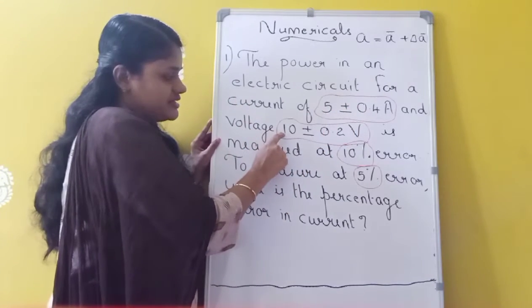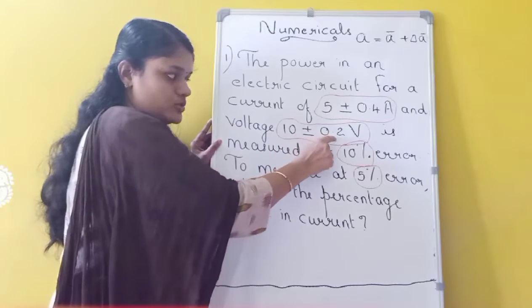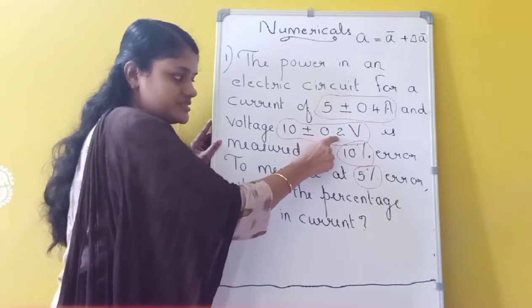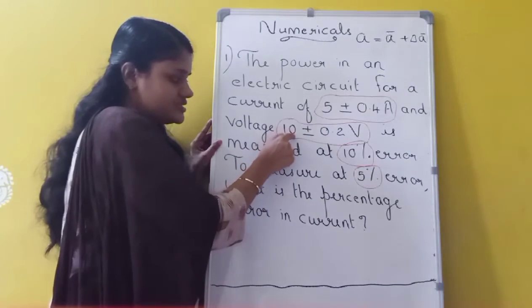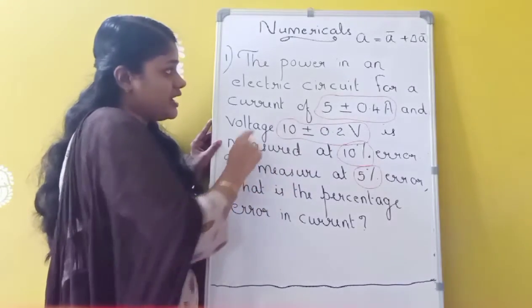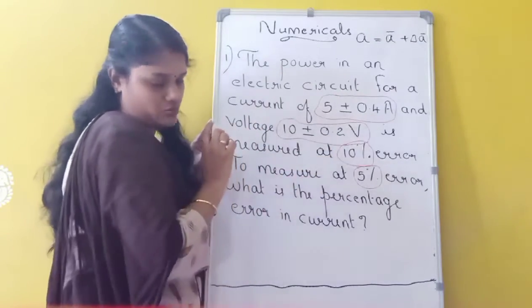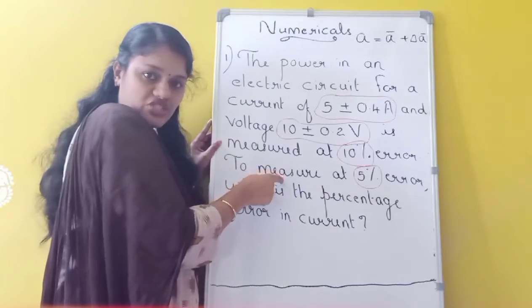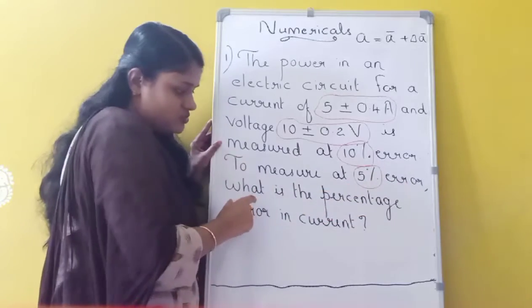Then voltage is given here as 10. 10 is the true value. 10 plus or minus 0.2 volt, and this 0.2 represents the absolute error in the measurement of voltage. So here 10 is the true value and the 0.2 represents the absolute error. And this power is measured at a percentage error of 10%. Then if we want to measure the same power at 5% error,